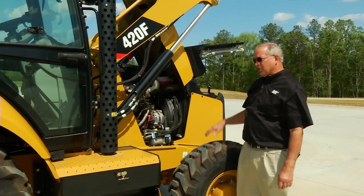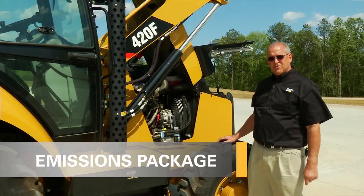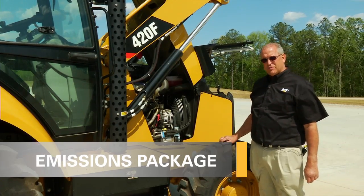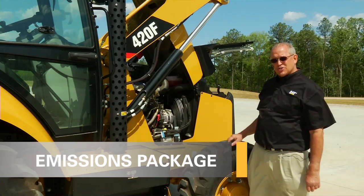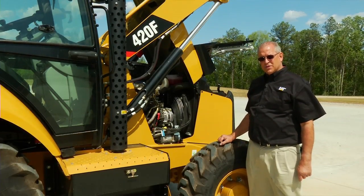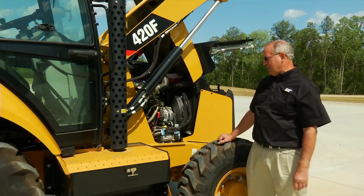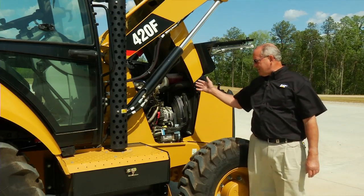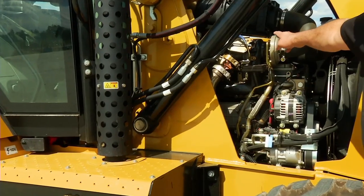So let's take a little bit closer look at the emissions package here for our Tier 4 interim engine. Again, this is a Cat C4.4. It's turbocharged and after-cooled, as you've seen, so we get great performance and great fuel efficiency with this machine. If we look closer at the emissions package, the exhaust comes out of the turbocharger,